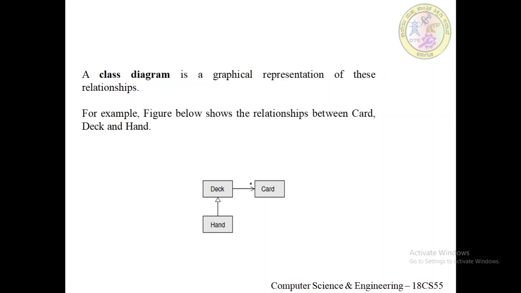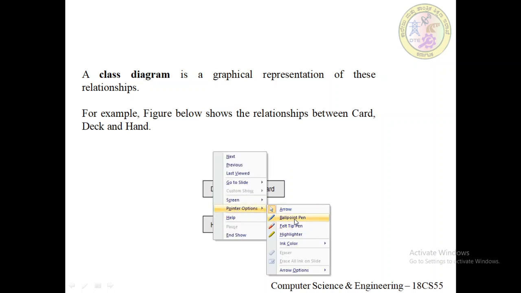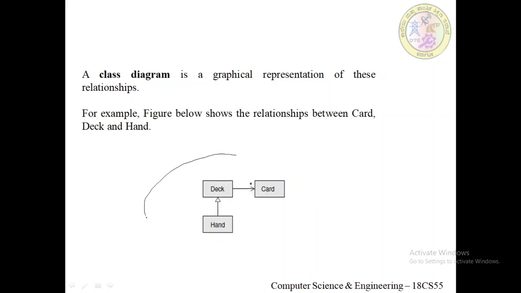In the previous sessions we have defined three classes: the Card class, the Deck class and the Hand class. Now these relationships can be represented using one class diagram. This is one sample class diagram.